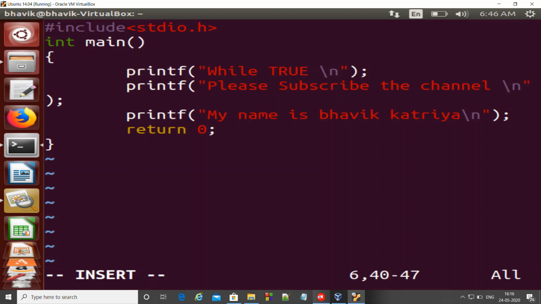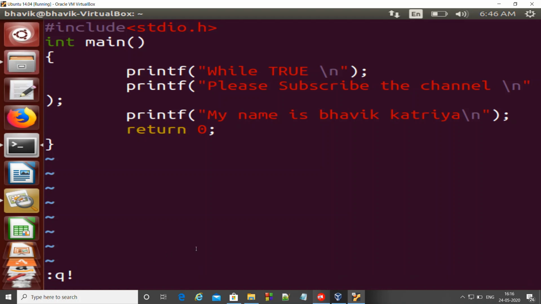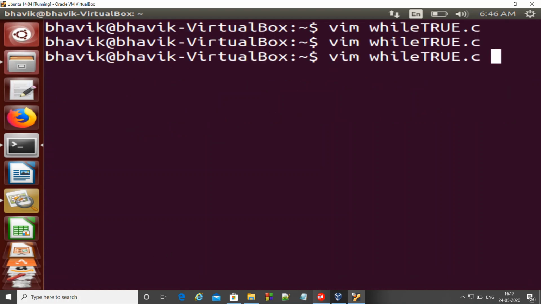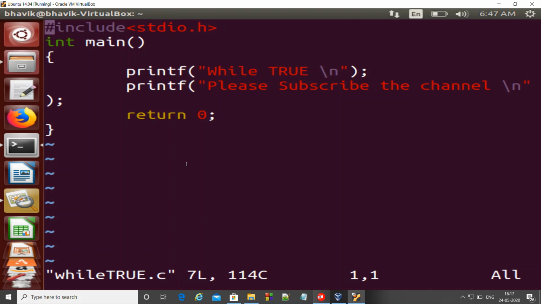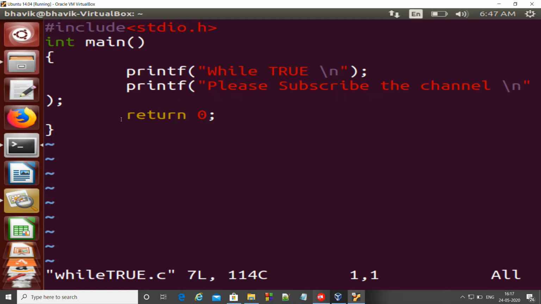Suppose I don't want this change to be saved. So I'll do escape, colon Q, and then exclamation mark. You can see this colon Q exclamation on the bottom left corner. Then press enter. Now when you open this file, you won't see the change we had added. My name is Bhavik Katria is missing here. So in this way, if you added some changes but you don't want to save them and want to close the file, you can use escape, then colon Q exclamation, enter.